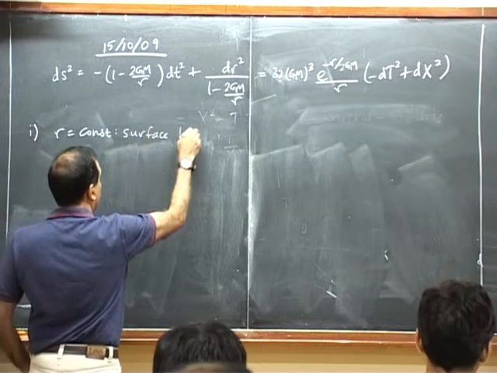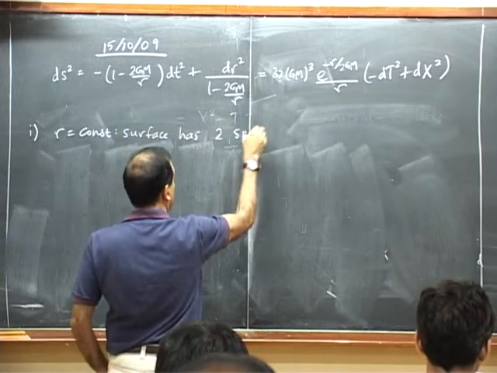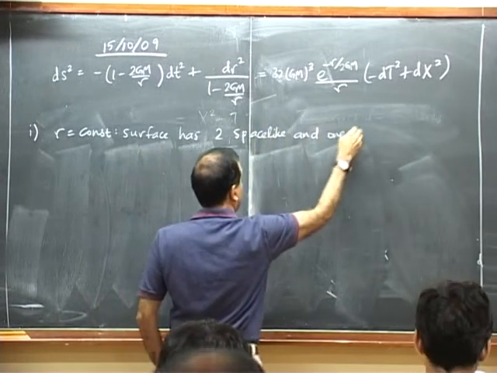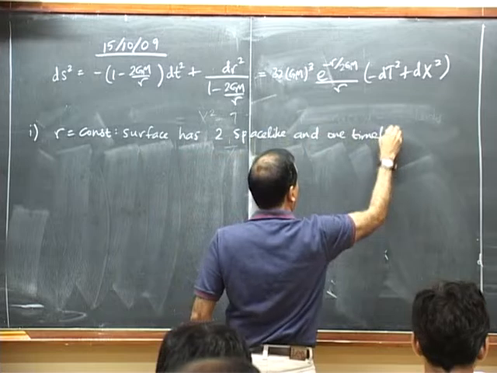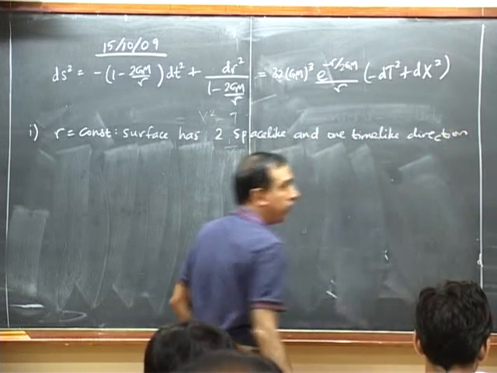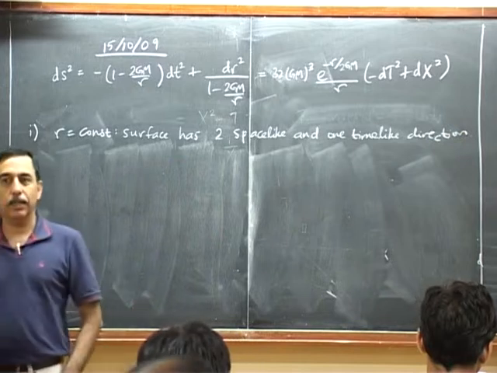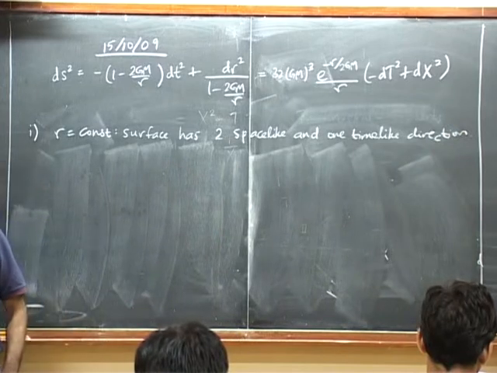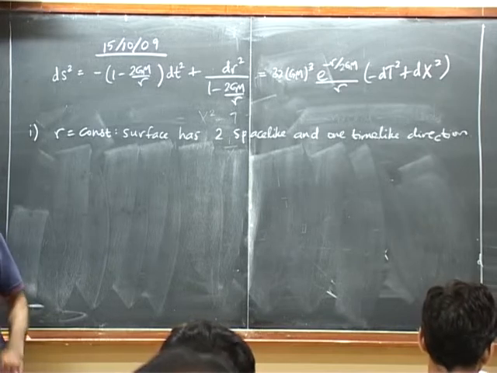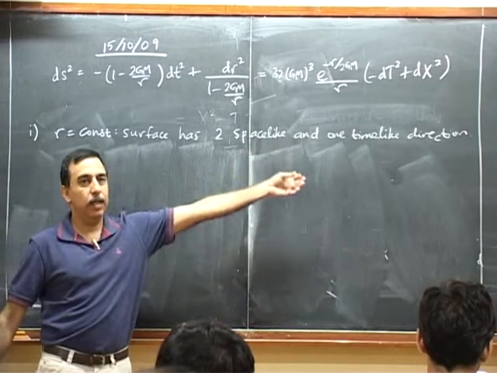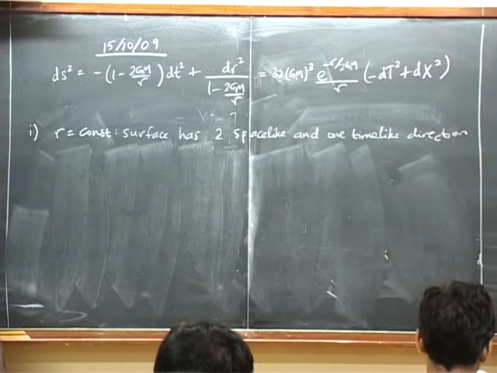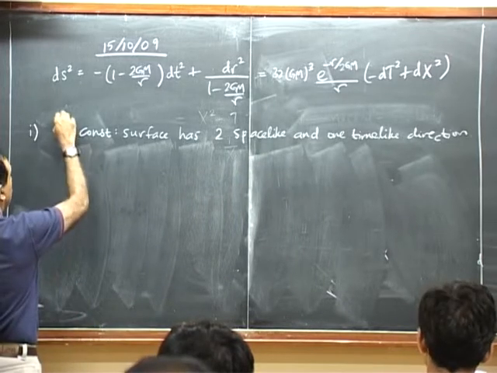Okay, so the surface that I get has two space-like and one time-like direction. This is perfectly what we expect because r itself is one space-like direction. So if I freeze it, then the metric having totally three space-like directions, it's lost one of them. If I fix r, it has two more, which are the angles theta, phi, and of course it has time. So that's what the surface of constant r looks like. That's for r greater than 2 GM.